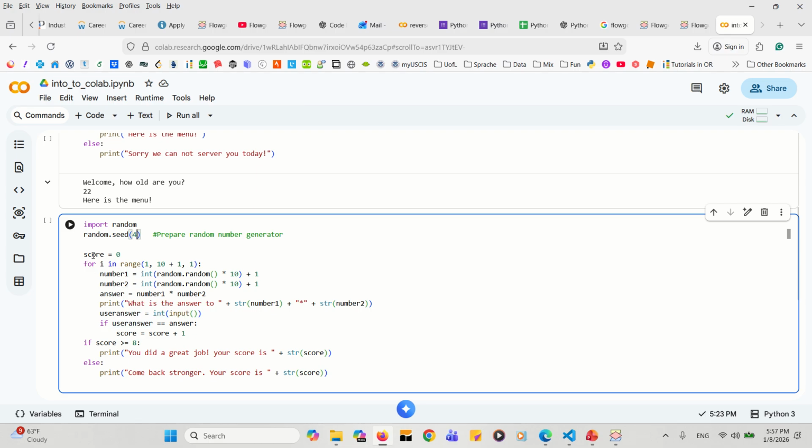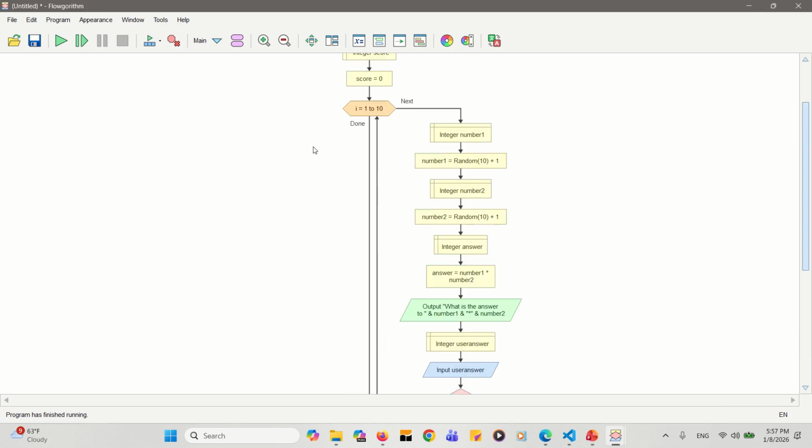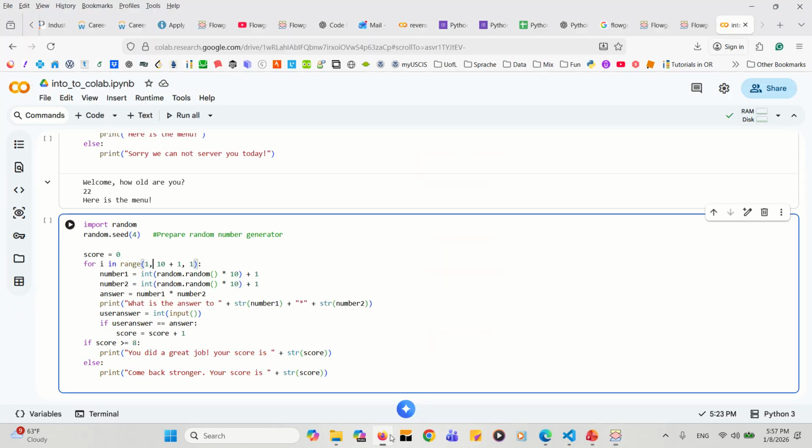And so we can see here the score's initial value is 0, and then we have the for loop here. So it's from 1 to 10 plus 1, 11, because we see in the algorithm it was from 1 to 10 included, which means the values of I are going to be 1, 2, 3, up to 10. But in Python, because the indexing starts from 0, we have to add 10 plus 1 to make sure